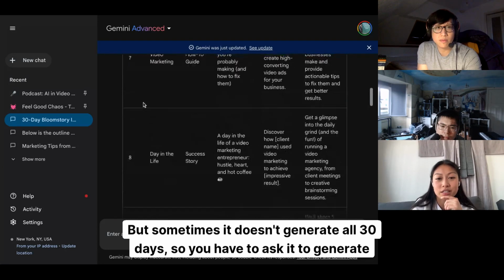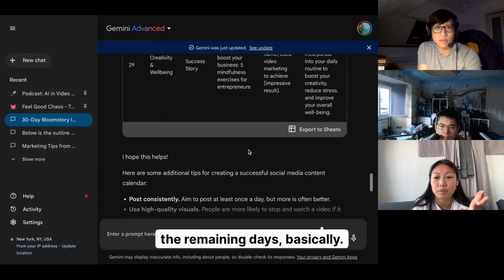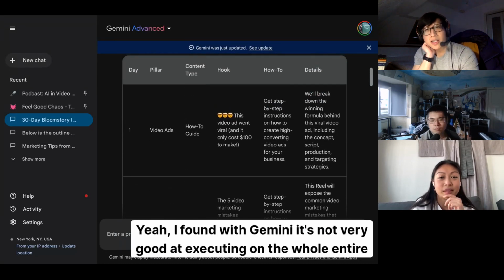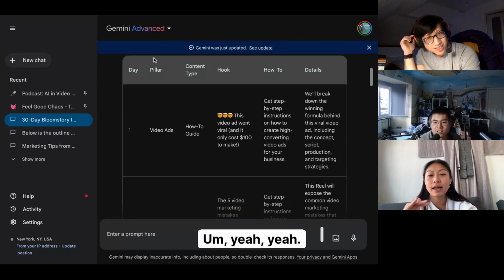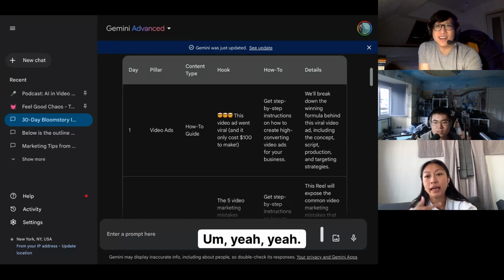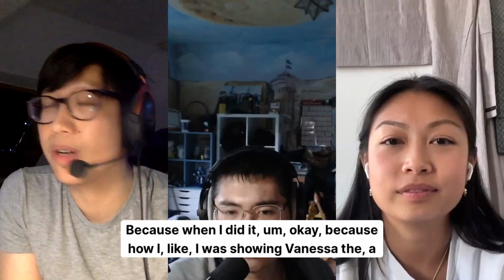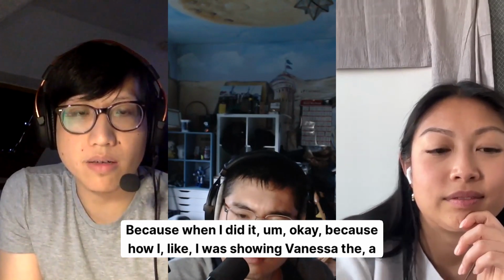But sometimes it doesn't generate all 30 days. So you have to ask it to generate the remaining days, basically. Yeah, I found with Gemini, it's not very good at executing on the whole entire instruction. It breaks it down, so you have to keep asking it to do it again and again and again. Because when I did it, how I was showing Vanessa